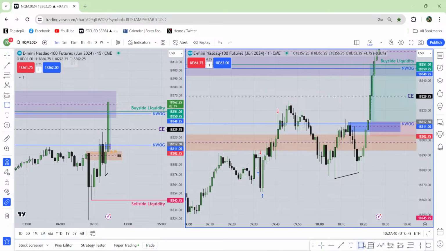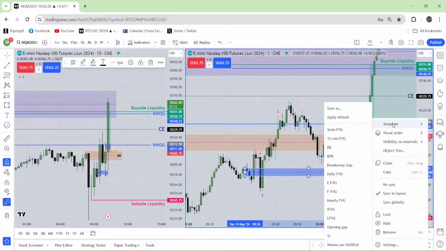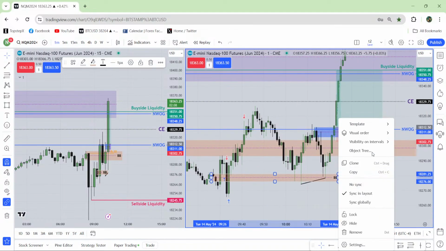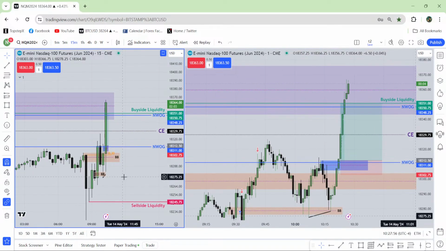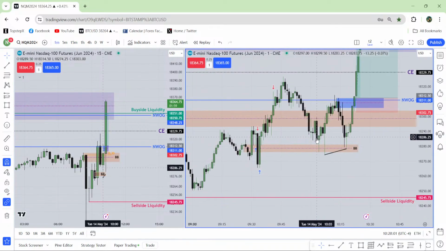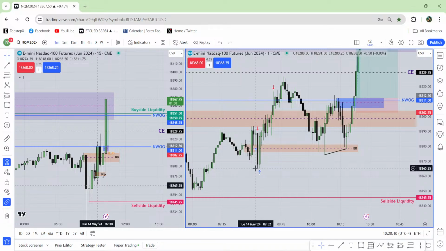What I will do, I'll just mark the breaker block one more time over there. Sorry for marking it. That was the breaker block over there. But I removed it. Brother, hindsight is everything, cool. What did I say? Did I say that the market is going lower? No, I was just looking for a sell around that area. I said that if I get a fair value gap over here, I'll go for that sell. I would close my trade below that low. I wouldn't go for that sell. I would close it over there. The market didn't give me the setup.